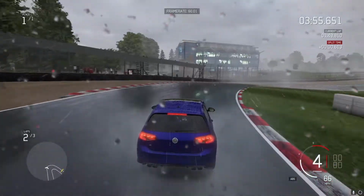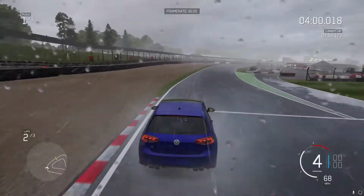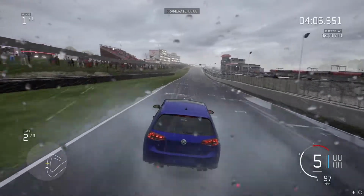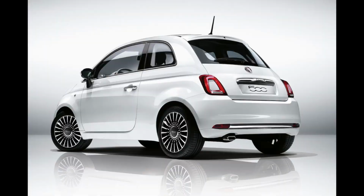Although this name does make it seem more feminine, this category is also open to guys. This category is more focused on retro styling and looks both inside and outside the car. So my first choice for this is the Fiat 500. A higher mileage model will run you about £2,000 and it